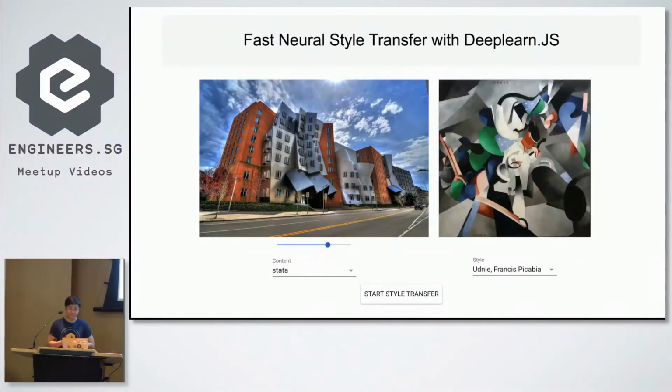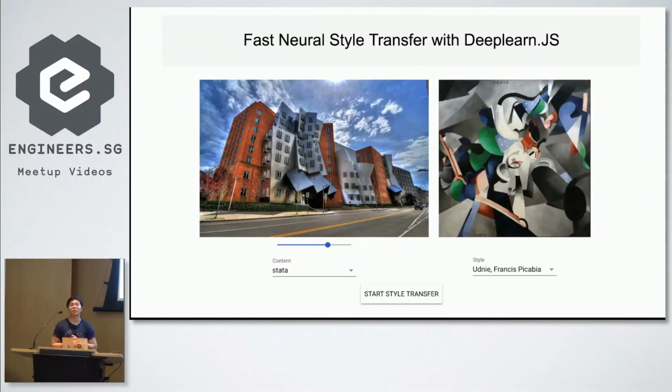I'm not going to do the demo here because we're short on time. But the cool part is that, imagine if you use the traditional way of machine learning, you probably have a web server up and running to serve your TensorFlow model. But with this, you can actually download the model and everything and do the style transfer right in your web